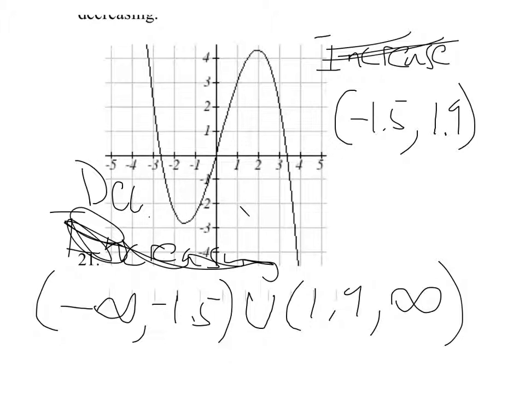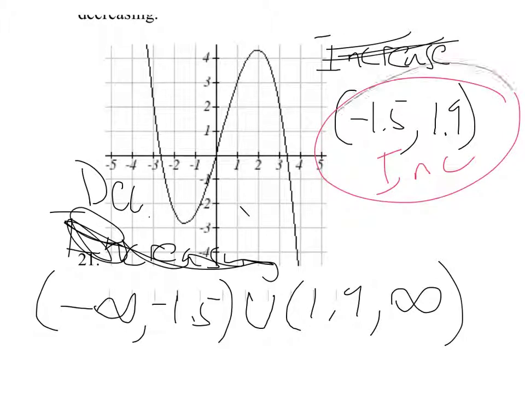We'll undo it if it'll let me. No, that's fine. We know what it is. 1.9. So increase, 1.9 to